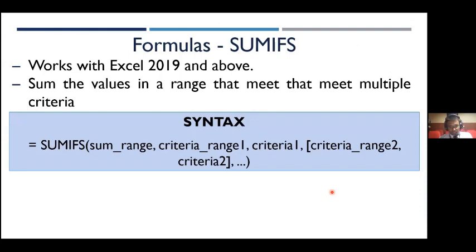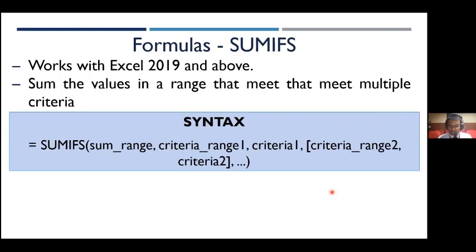There is one more functionality called SUMIFS, but unfortunately I'm not going to work it out here. I meant to do it, and I have the data sheet attached along with it, but I've pushed it towards the end when I realized that the majority of you are using earlier versions of Excel. This particular functionality works only in Excel 2019 and above, so I shall work this out maybe only in the end if time permits.